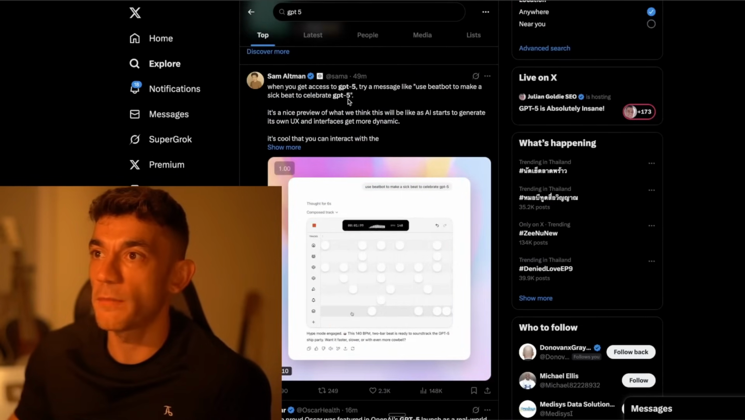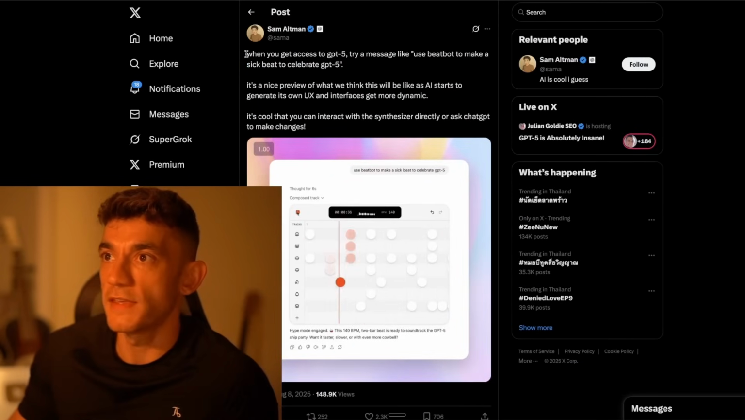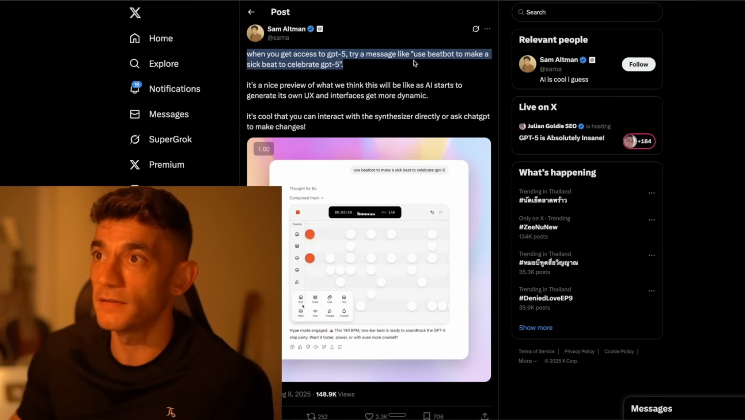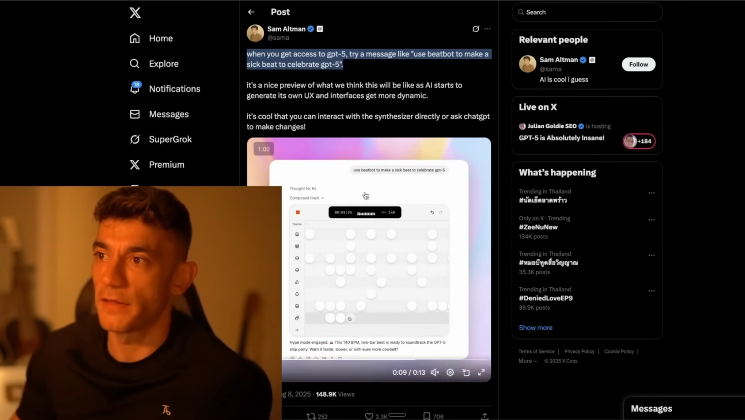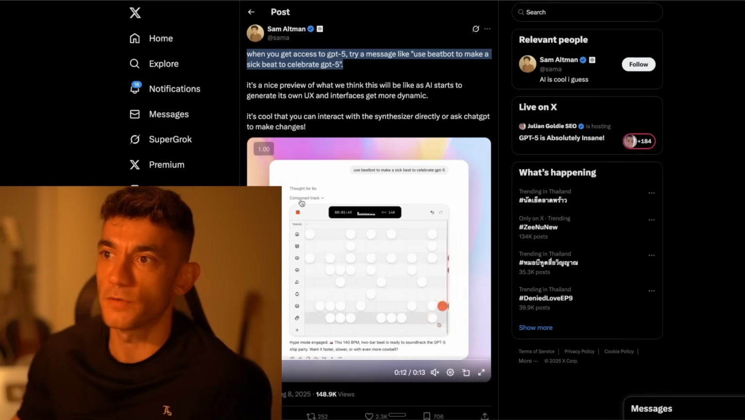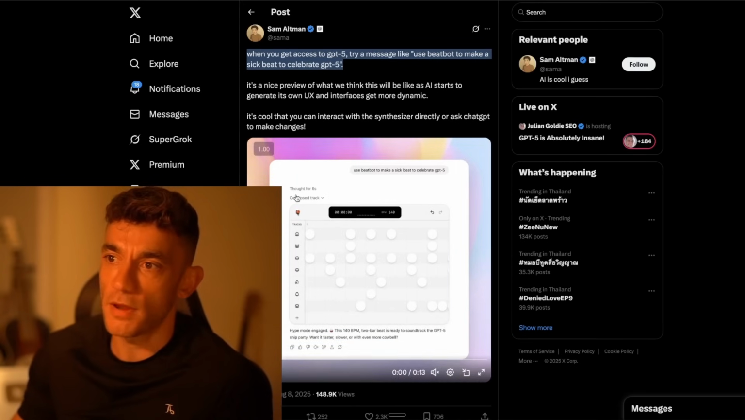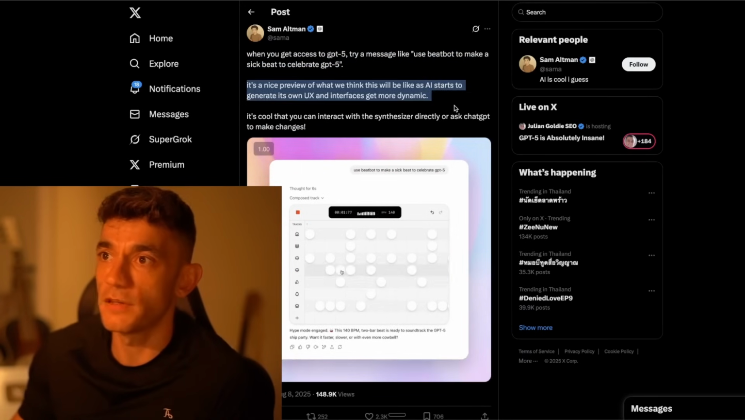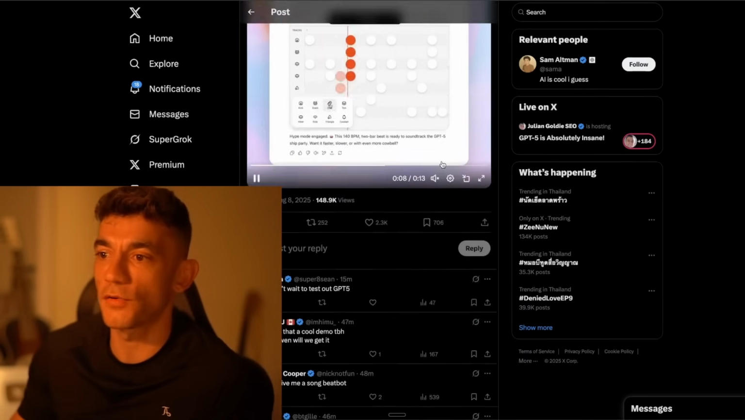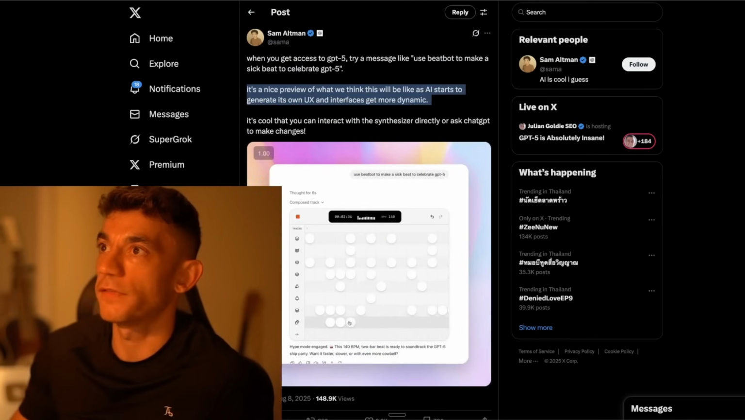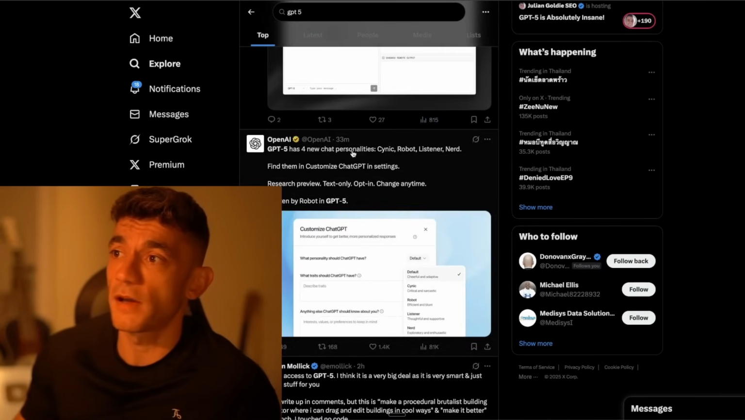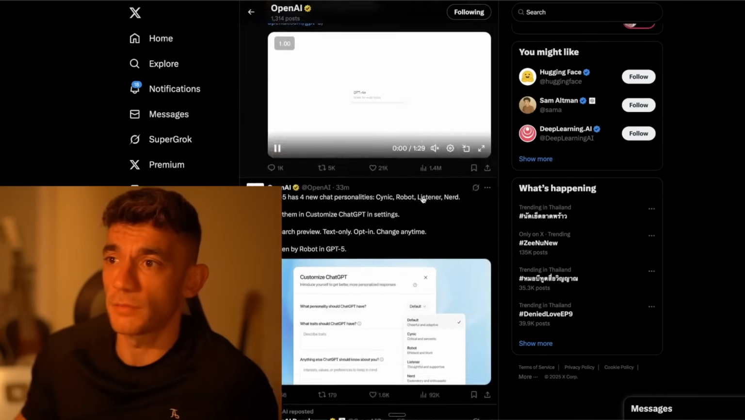Sam Altman is tweeting about it as well. So he said, when you get access to GPT-5, try a message like use Beatbot to make a sick beat to celebrate GPT-5, and then you've got this SaaS tool that's just been created. You can see how quick it is. He created that in literally 6 seconds, which is absolutely wild, and the UI is pretty nice as well. So it can create games and SaaS and that sort of thing on the front end too, which is pretty exciting. And this literally just came out, I think they just did a live stream like 2 hours